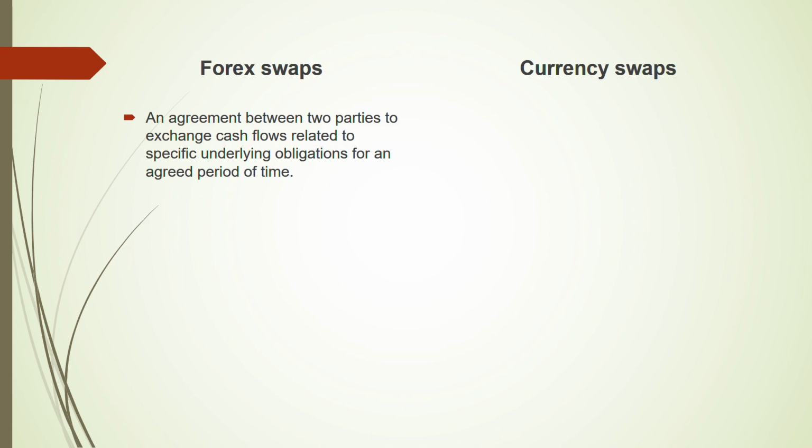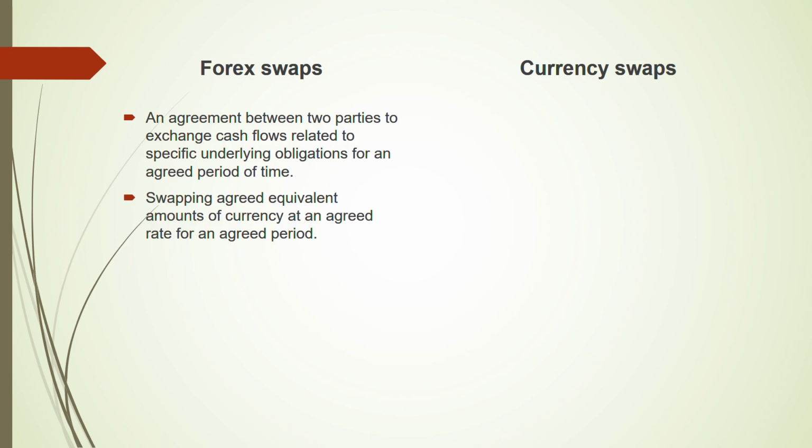Okay, and that also for an agreed period of time. For example, it's a foreign payment that you have to make in 3 months' time. So for those 3 months you're swapping with each other the cash flows relating to that. Now number 2,